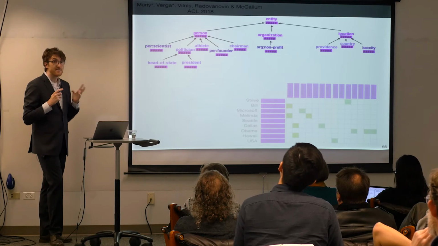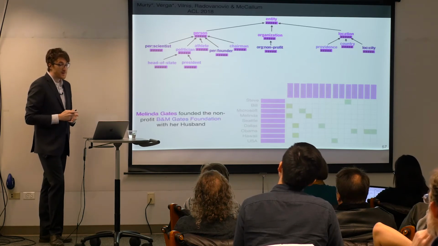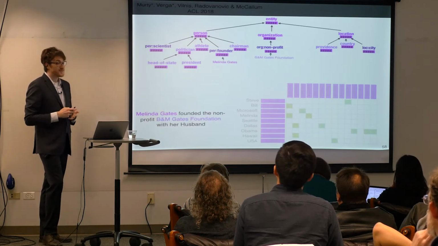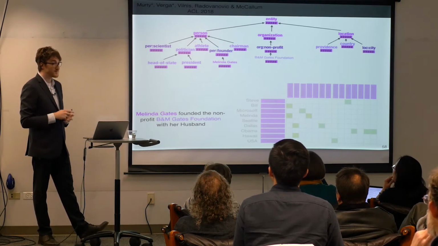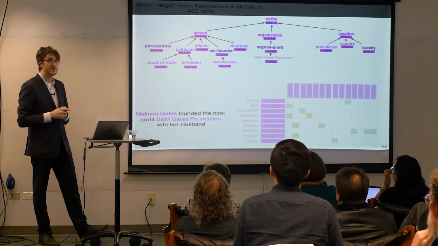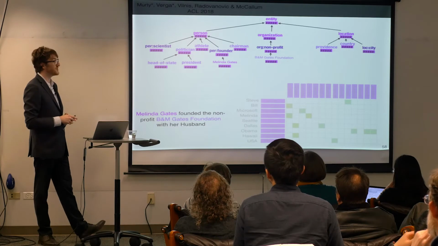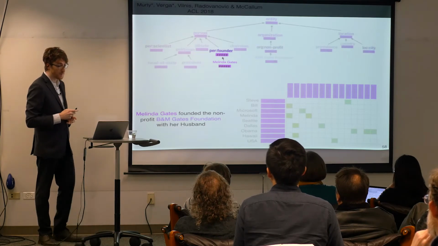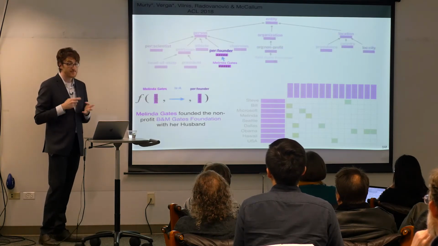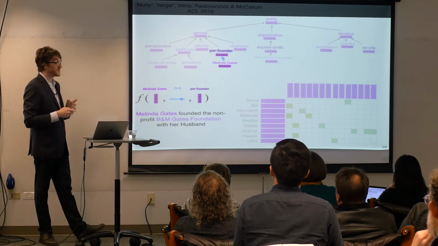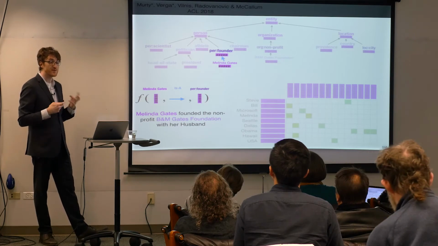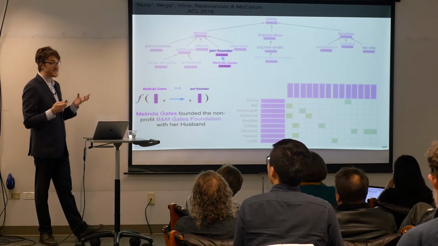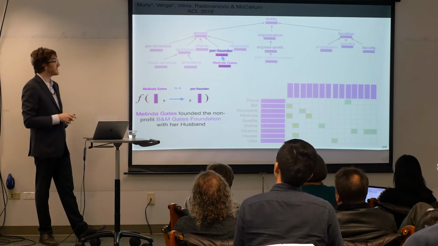So what we really want is, given some new sentence, to map the entity mentions to vectors whose representations fall on the appropriate spot in the hierarchy. Here, Melinda Gates should represent that she's a founder and a person, and the foundation should show that it's a nonprofit organization. We can score these mention-type pairs with the same function that we use to score the other edges in our hierarchy. In this way, the text mentions and the types are treated in the same way, and they exist in the same space that embeds the hierarchy.